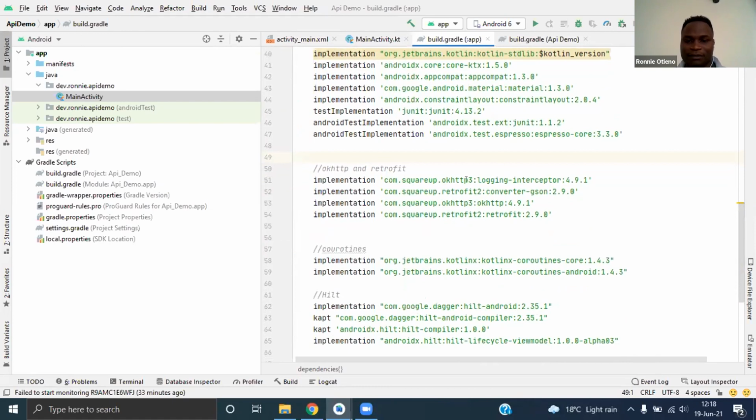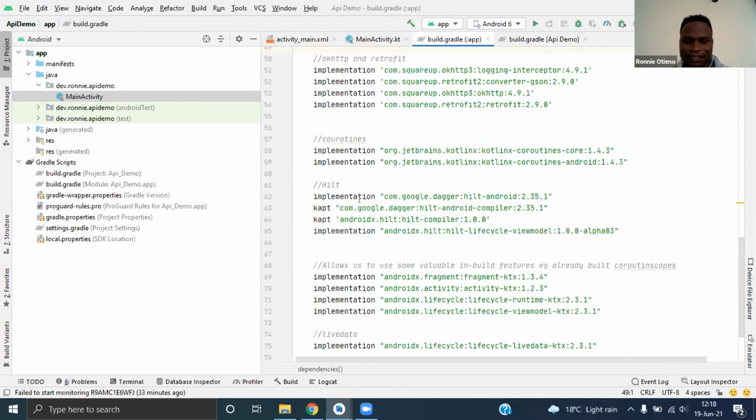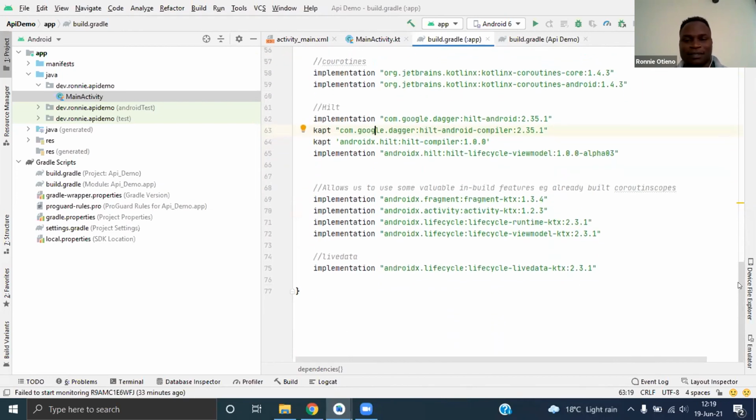some dependencies that we need to use, like OkHttp and Retrofit. Added the coroutines and added Hilt, and also some of the KTX features that we'll later use, like the built-in coroutine scope and all those. Also available is Flow, which I wanted to use, but I didn't feel that it was right at the moment, so I just want to use LiveData for now. But still, you can just refactor and use Flow.